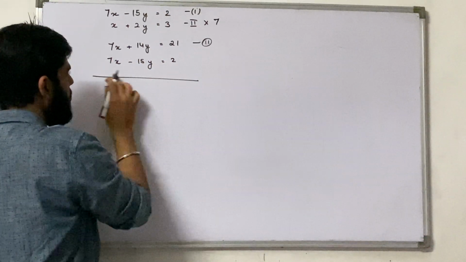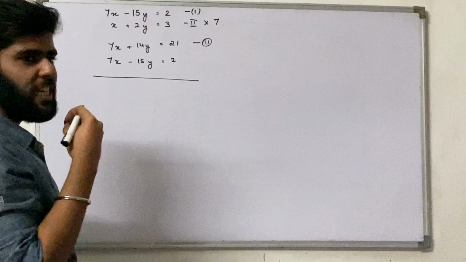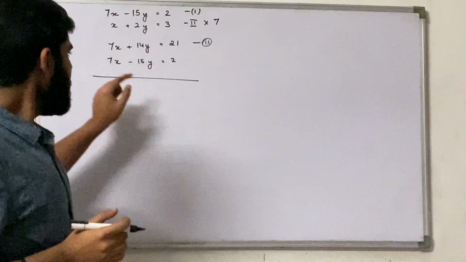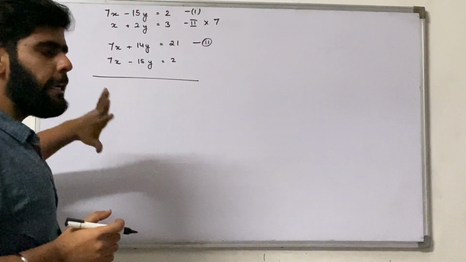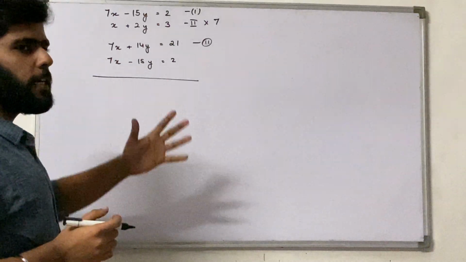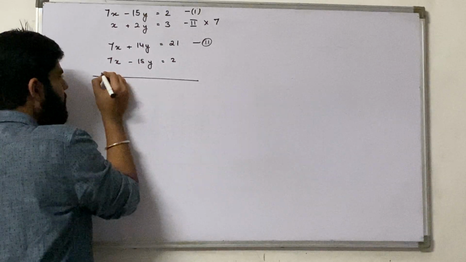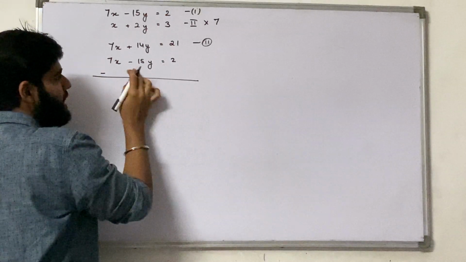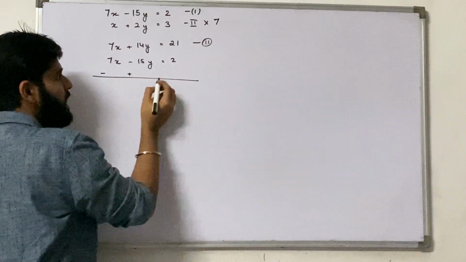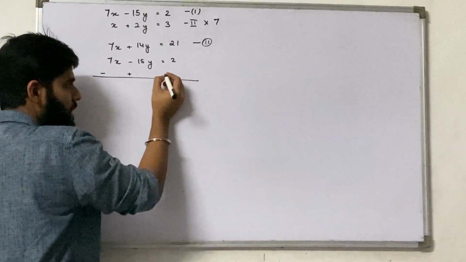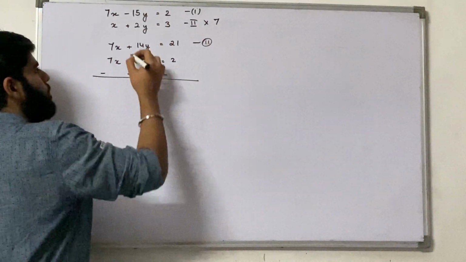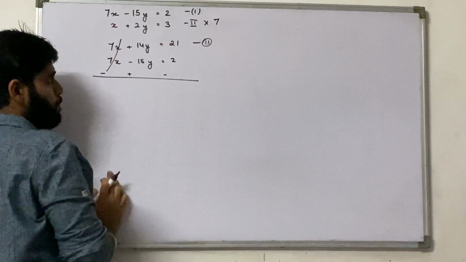okay, now leave one line. Now we will exchange the signs. I just told you, wherever there is positive we will convert it to negative, wherever there is negative we will convert it to positive. For this, there was plus 7, we will convert it to minus 7. There was minus 15, this will become plus 15. This was plus, this will convert to negative. Cancels out.